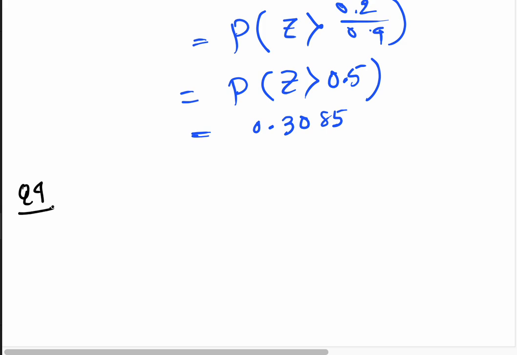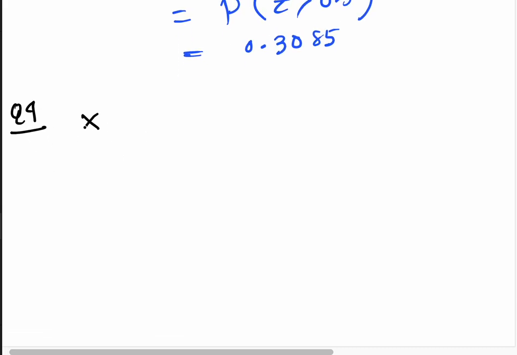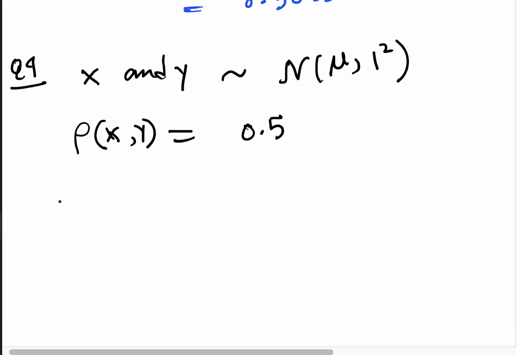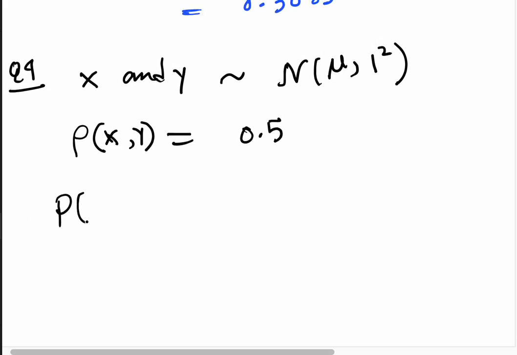Here it is given that X and Y both follow a normal distribution with mean mu and standard deviation 1, and these two are not independent variables. There is a covariance between them, and the correlation coefficient is 0.5. Now we have to find